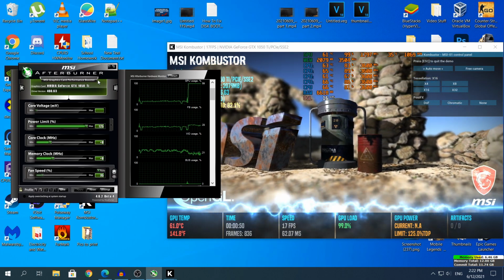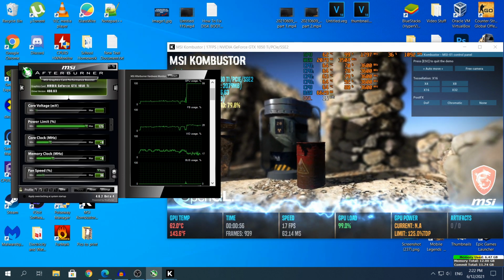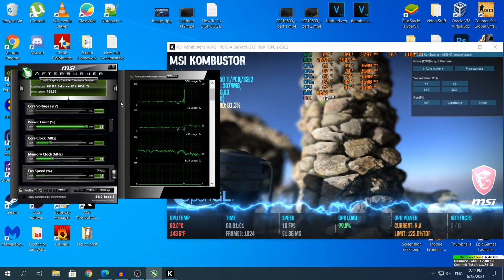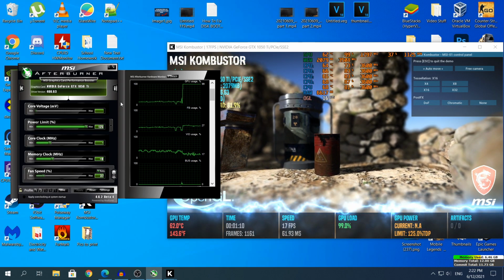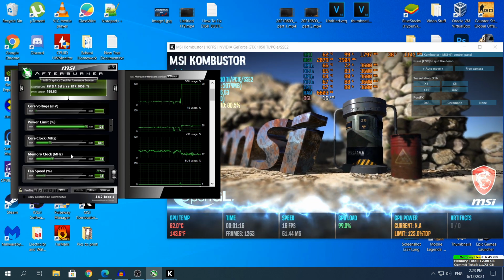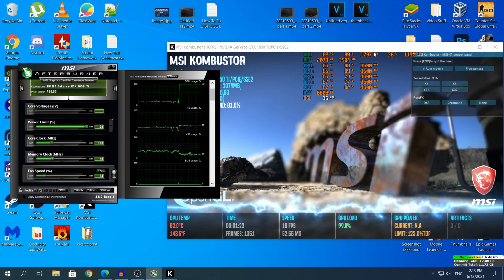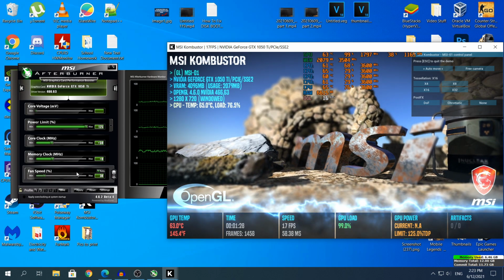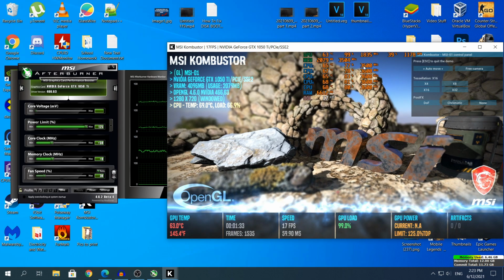So right now, what you will do is look at the core clock right here in the MSI Afterburner software. The default number, of course, is going to be plus 0%. And what you will need to do is increase the core clock 50 megahertz every 5 minutes. So what I mean by that is, put 50 megahertz right here, hit enter, make sure that you always click apply every change. And before I click apply, keep an eye out on the 1797 megahertz here. And after I click apply, the number is going to change to 1835 megahertz, as you can see right here.